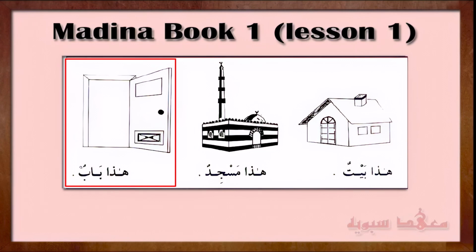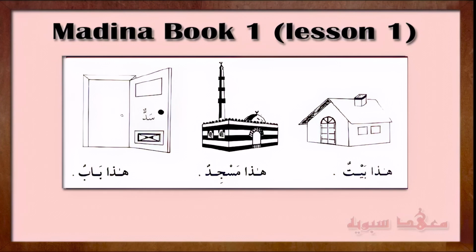A point here with bab. In classical Arabic, bab does not mean door. It actually is used for the passageway between two areas. So you have two rooms, for example. This passageway is bab. In modern Arabic, this has come to be known as the actual door itself. In classical Arabic, you would probably use the word sadd for the door.